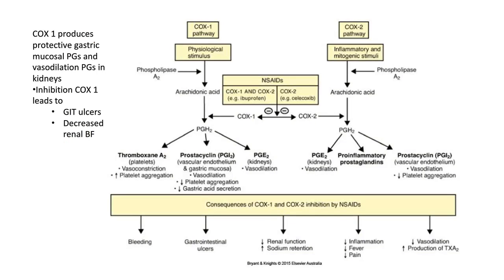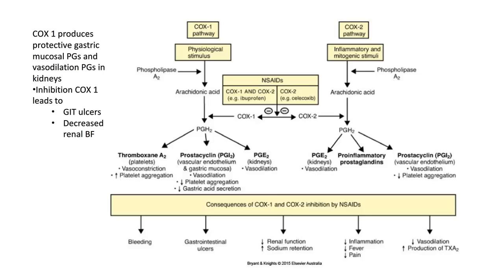Looking at this graphic, we can see the COX-1 and COX-2 pathways separated out. Now, the COX-1 pathway looks at physiological stimulus, so these are the protective mechanisms related to the COX-1 pathway. It is phospholipase that releases arachidonic acid from the cell membranes. And if COX-1 acts on arachidonic acid, then we have the production of thromboxane, which is about platelet aggregation,